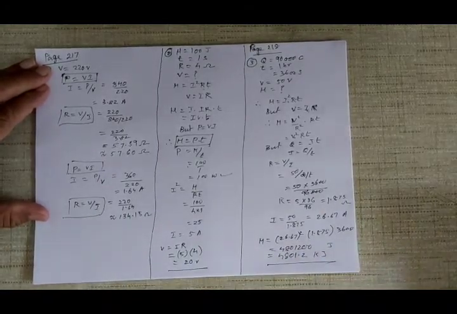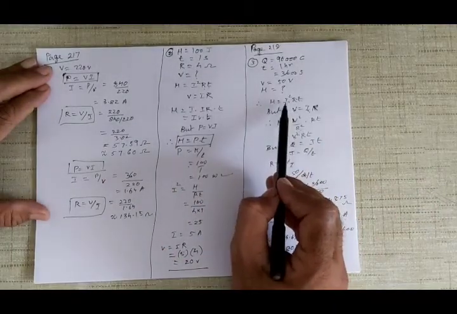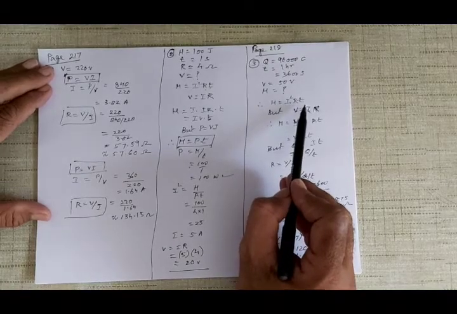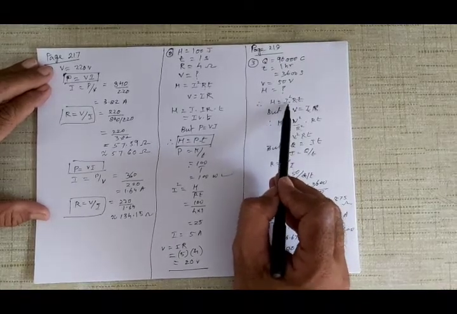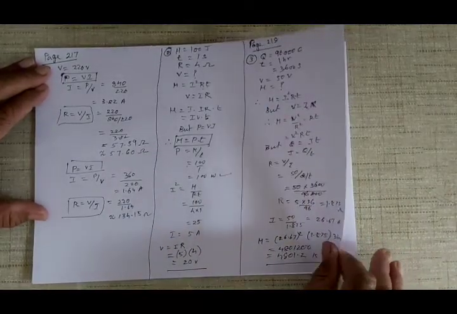Remember, these numericals can be done in different ways. But what you must start with is what is required. H is required, I square R into T. I can be Q upon T also. See, another way of doing the same problem. You might say, is there a simple way of doing this?